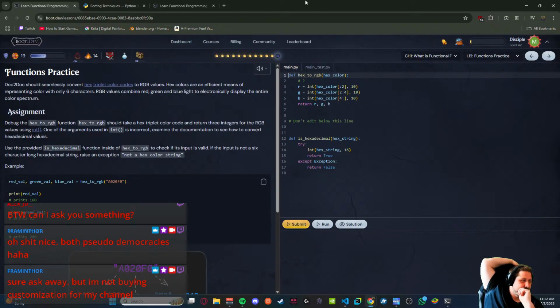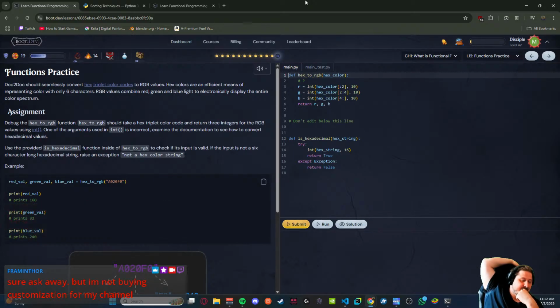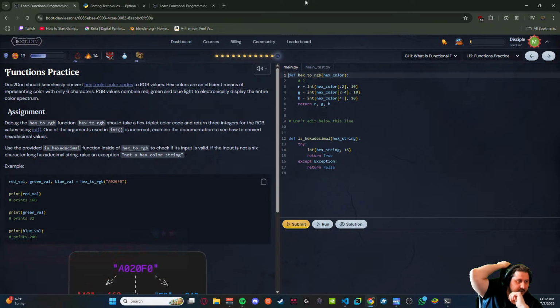Dr. Doc should seamlessly convert hex triplet color codes to RGB values. Hex colors are an efficient means of representing color with only 6 characters. RGB values combine red, green, and blue light to electronically display the entire color spectrum. Debug the hex to RGB function should take a hex triplet color code and return 3 integers for the RGB value using int.